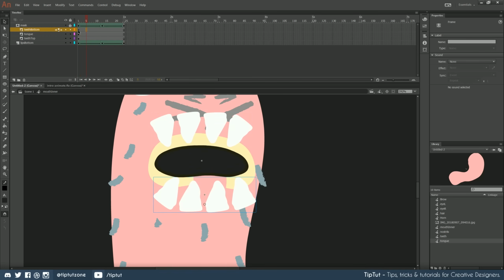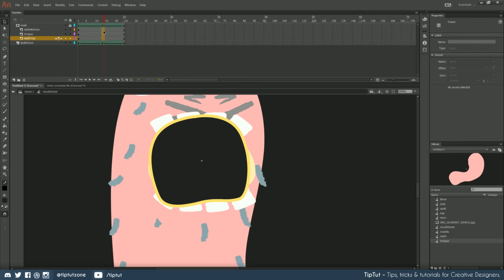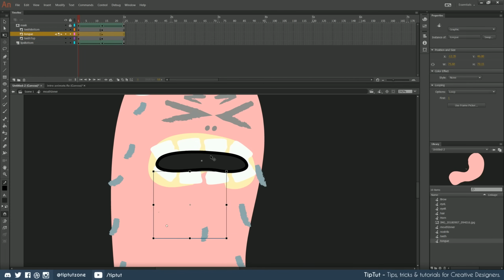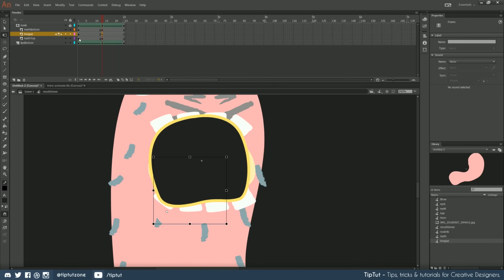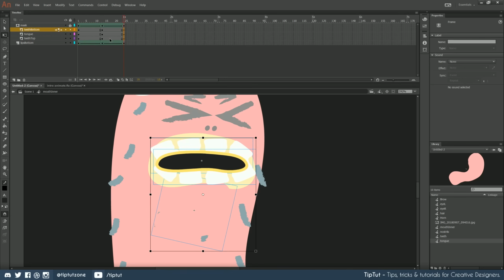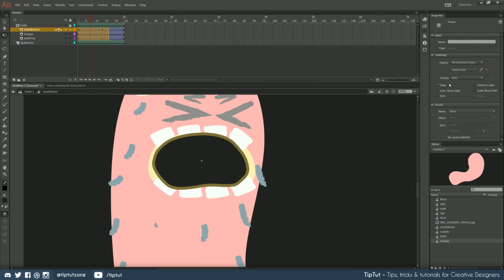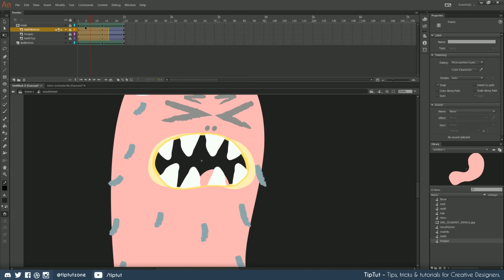Let's unlock these layers and let's do our little teeth animation. So where do we want them to first start off? Well, we know that this is where we're happy with them when they open. So we'll just create a keyframe there. And we'll go back to where they start, and we'll just have all of them crunch all the way down so that it mostly fills up that mouth. And we'll have the tongue come all the way down, and maybe spin into it a bit. And then we'll copy these frames to the last frame. Let's add in some motion tweens, classic tweens, because these are all symbols. Ease in and out, cubic. Let's lock them up again, and let's see what we're left with.